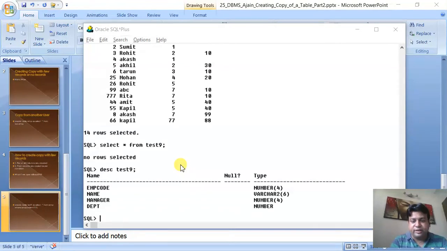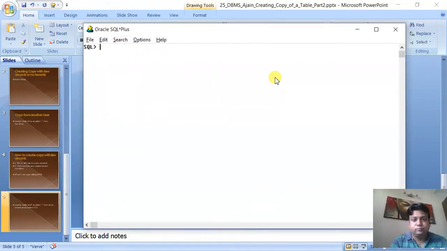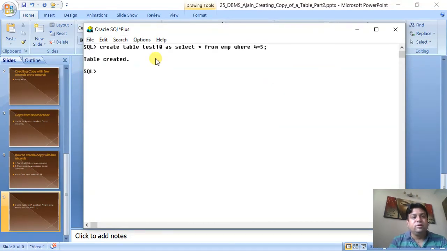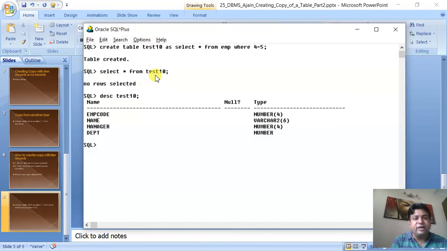You can type something like this: create table test 10 as select star from EMP, where 4 equals 5. Now what will happen? This is always a false condition. So again select star from test 10. No rows selected. Describe test 10. So the table is created but without any record.